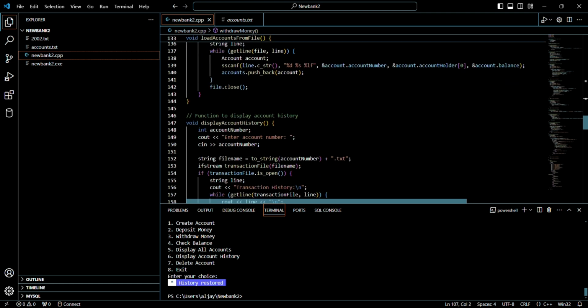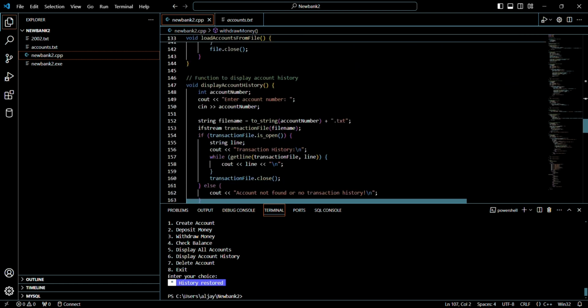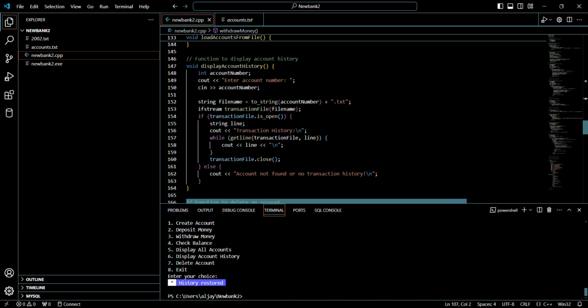So what this does, remember I said that at the beginning, when it comes to new accounts, whenever a new account is made, there's a file that's made specifically for that account that just logs the transaction history, which is not simply the balance, but whatever withdrawals, how many withdrawals, deposits have happened within that account. So of course right here it asks for an account number, so we can find whichever file we need, and using that account number it goes within the files and finds the one that matches that, and then it takes it